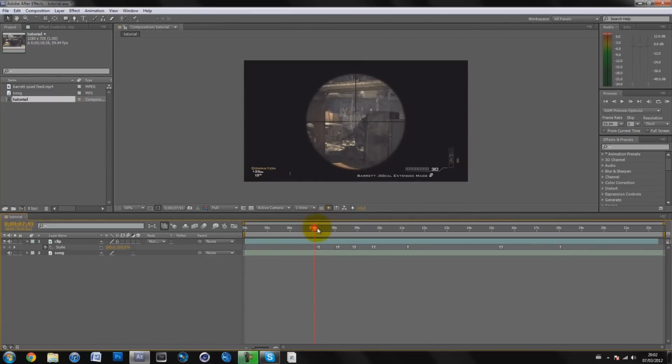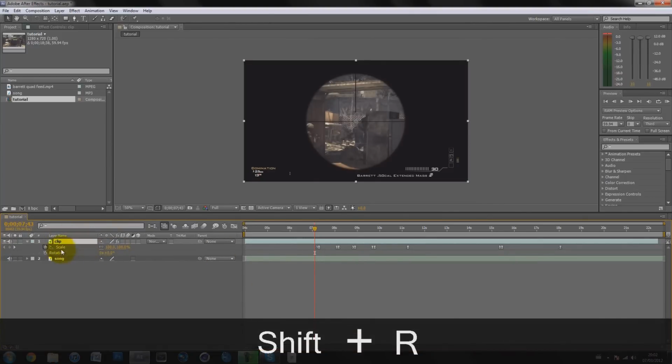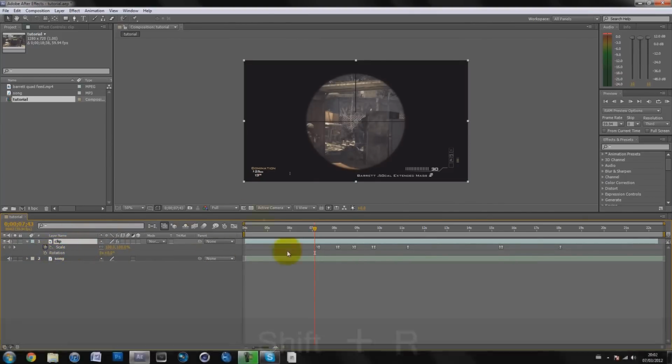And that's looking pretty good, but we can still add more, and that's rotation. So click on your clip and hold down Shift, and then hit R. So it keeps up the scale and it brings up the rotation. And because we already have all of our scale keyframes,